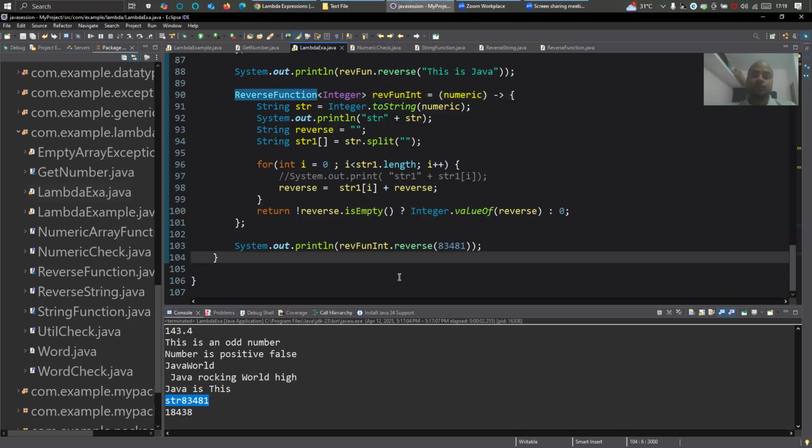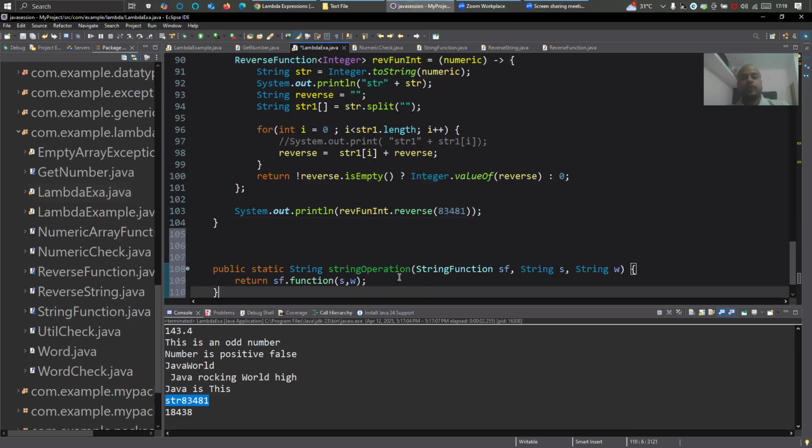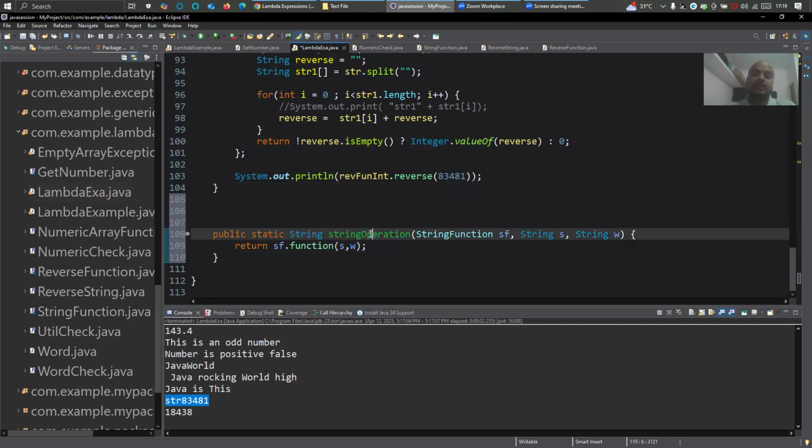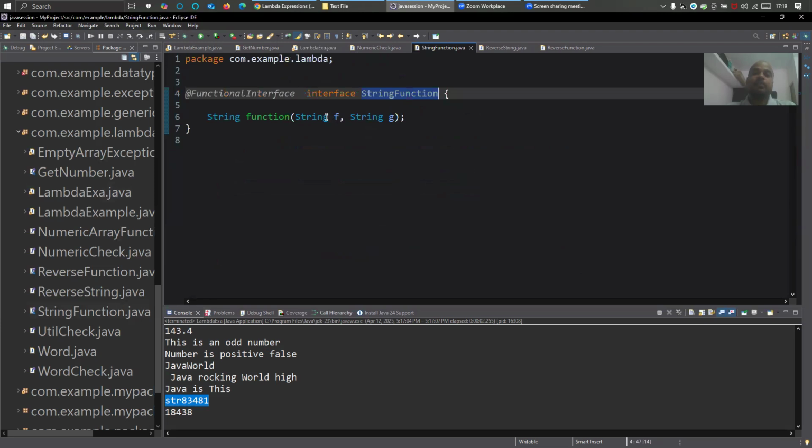See, I'm writing a new method, public static String operation. This is a String function. What is this String function? String function is basically our functional interface, right? Which is taking two strings. I have already shown you some examples, right? So this is taking two strings. And what happened? This functional interface